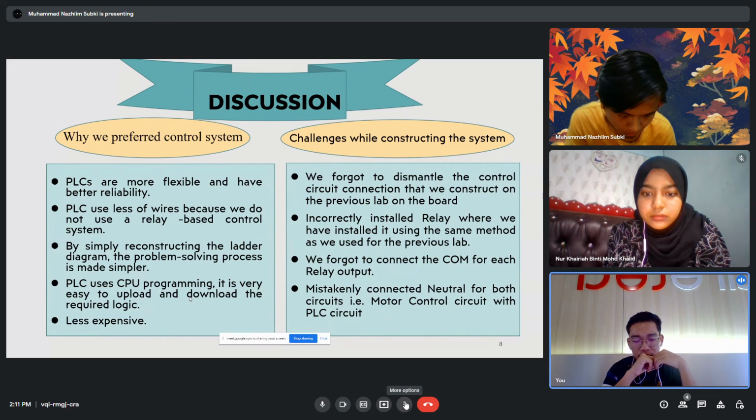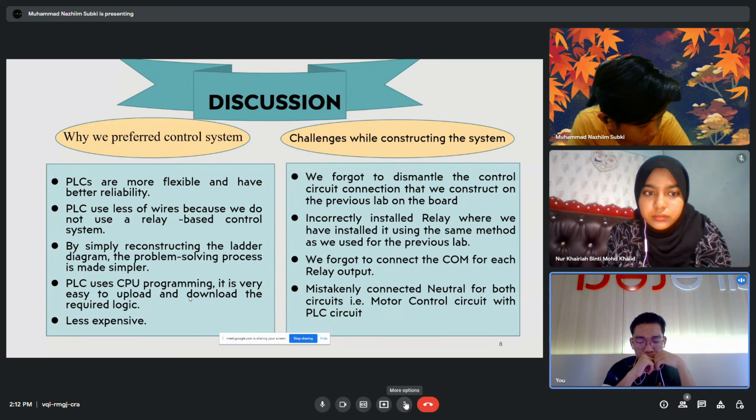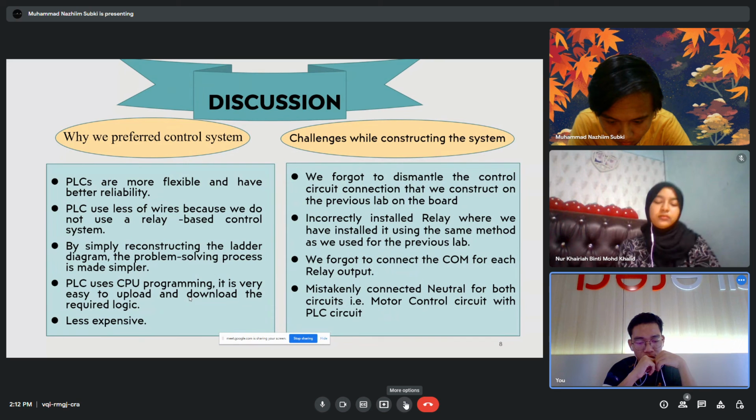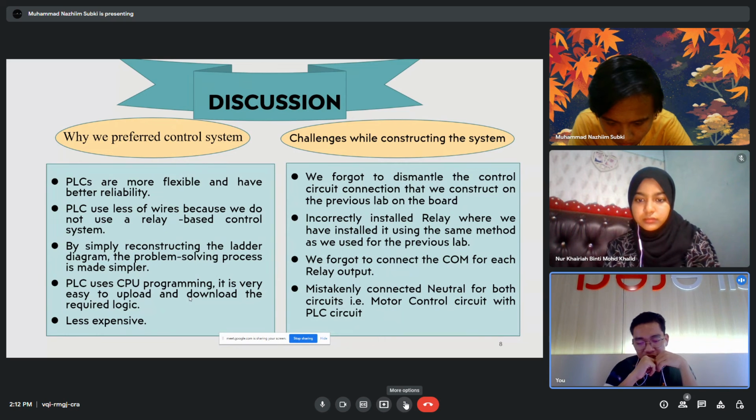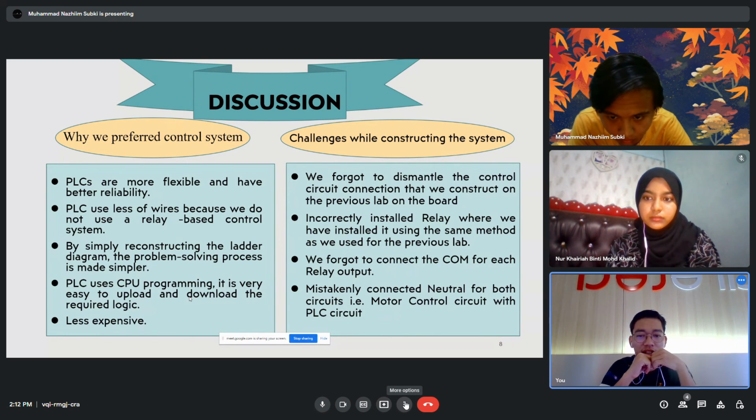we faced was that we mistakenly connected the neutral for both circuits, the motor control and the PLC, where each neutral for the circuits is separate. For motor control, its neutral is connected to the MCB, while the neutral for the PLC is connected to the AC to DC power supply. This error caused both circuits to fail and produce a current spark. Okay, that's all